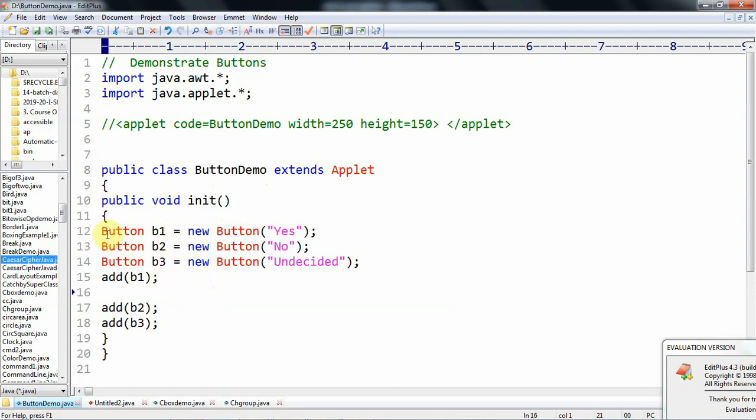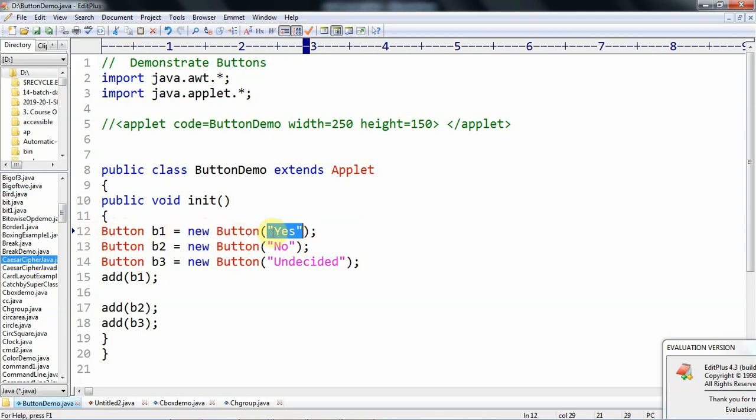In that, the first one is button object creation. The button object is created as Button, this is the class, then the object name v1 equal to new Button, giving some caption. So here in this example I used the second constructor for creating the button objects.